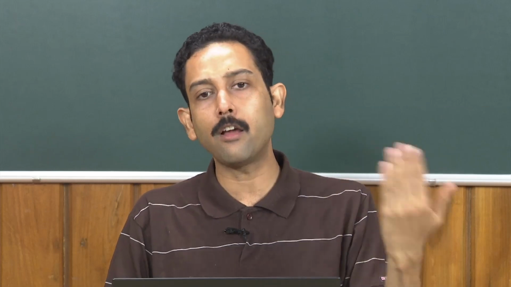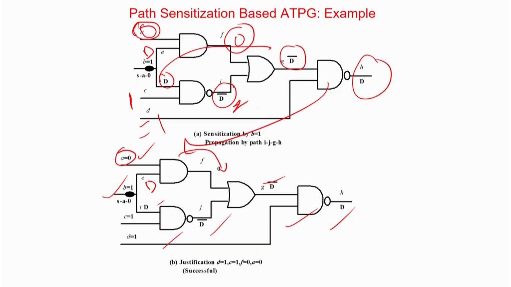The basic algorithm is called the D algorithm. There are a lot of variations like PODEM, FAN, etc., with a lot of heuristics coming into the picture, which tell you that I should take this path before and not this path before, because if I would have taken the correct path in the beginning, there should not have been any iterations. There are a lot of modifications which bring more efficiency to the test pattern generation algorithm. So, they can be learned in any standard, very long hardware testing course, but here I have tried to give you the gist of what ATPG based testing is, what the basic algorithm is, and why there can be iterations and so forth.